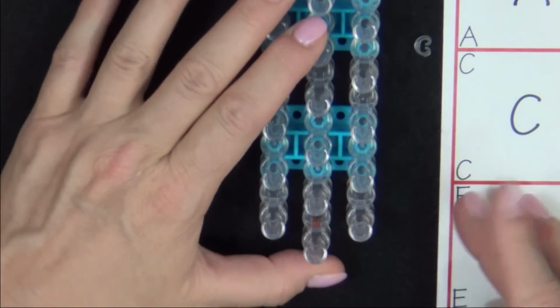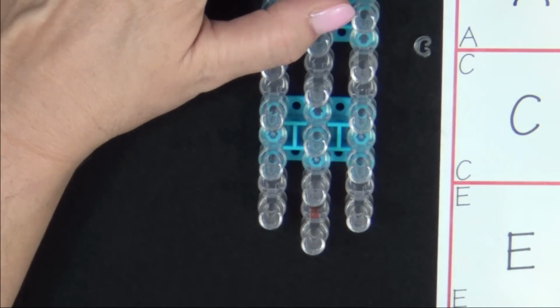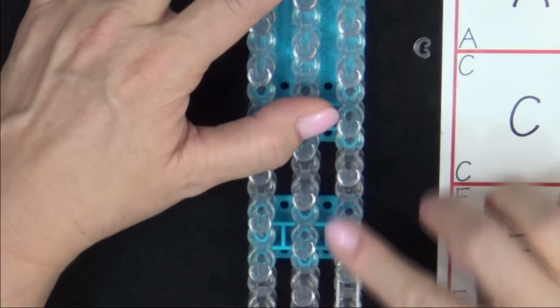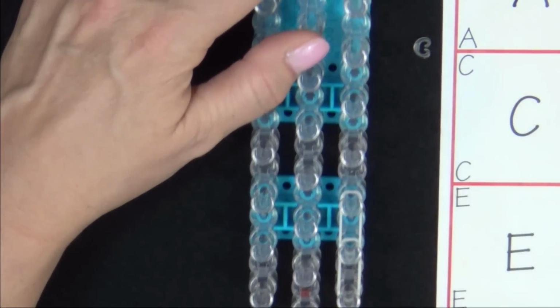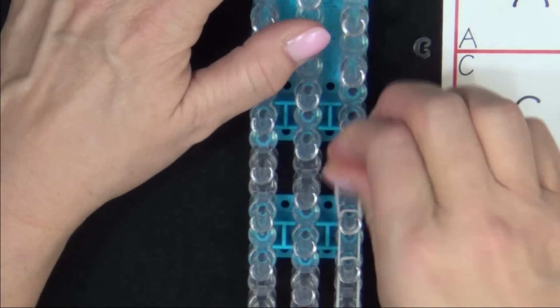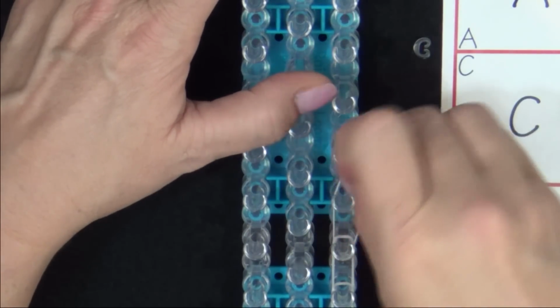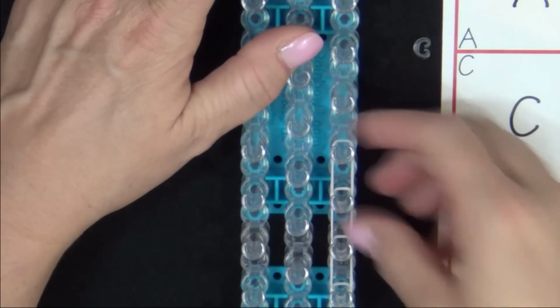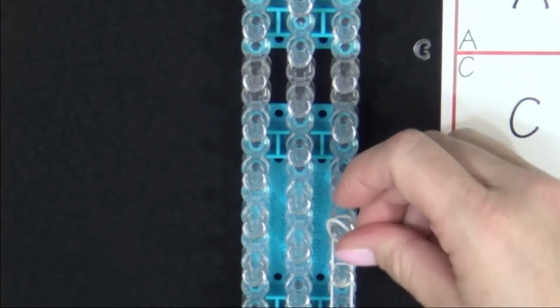If made on one loom, this bracelet will need to be extended to fit a wrist comfortably. To extend the bracelet, you must first decide how many additional bands you will need. You place those bands along one side of your loom in a single chain. For smaller wrists, you may need only 3 or 4 bands. For larger wrists, you may need 6 or more. So place those bands on the loom, and once you get the number you need,